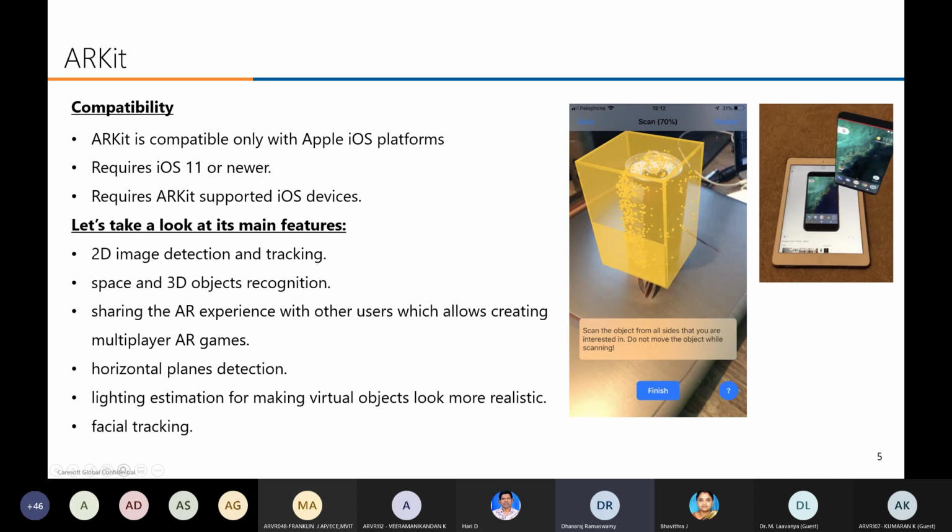Even if you are moving your face, it will track it. These applications have been developed using this kind of SDK. Without this SDK, this development toolkit, it's not possible.